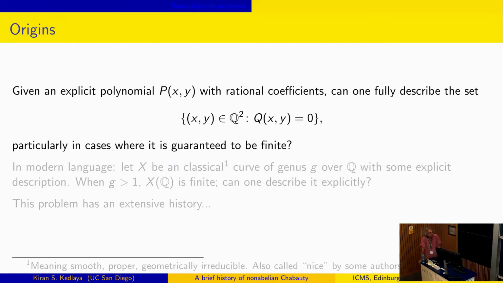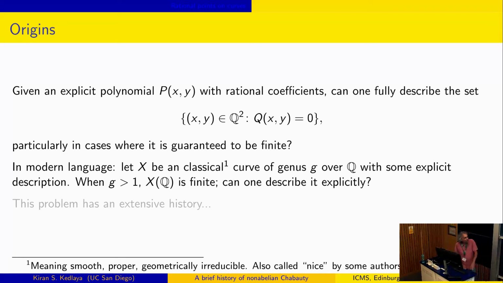So in modern language, I have a curve which, the thing I want to emphasize for the moment, I'm going to assume is a proper curve. So I'm talking about the rational points problem. I'll talk about integral points later. But let's say I have a proper curve over Q with some explicit description. So for example, imagine you actually hand me a polynomial like P or Q, and X is then the normalization of that singular plane curve. So that's some smooth projective geometrically irreducible curve, assuming Q is